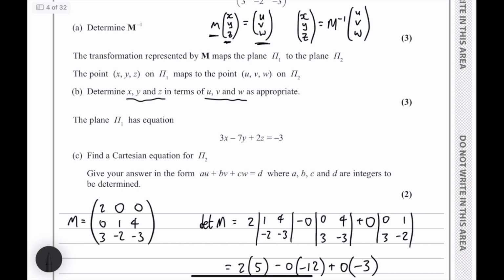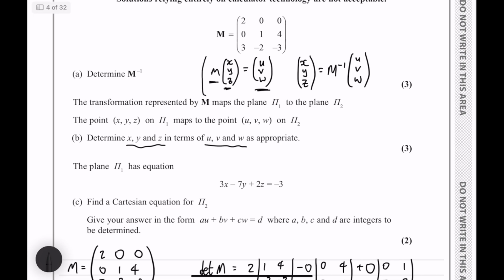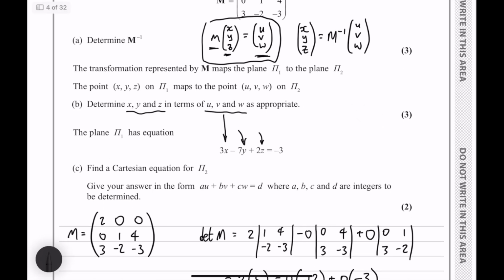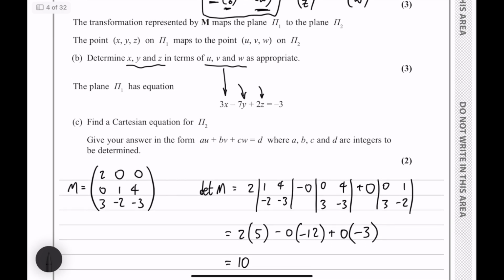Yes. The plane pi1 has equation this. Find the Cartesian equation for pi2. Okay, again, we could go back to this idea here, but because of the way the question's structured, this is quite a nice question. It's leading us through the steps, because from part B we now have x, y, and z in terms of uvw, so we're just going to substitute those in, the expressions that we've got for each of these, into this equation, and we will have the equation for pi2. We'll have to simplify it a bit, but that